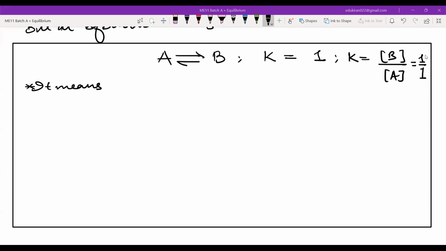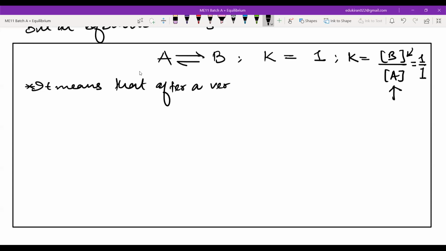Do you understand this? For each mole of A, we will have 1 mole of B. If A is 20, then B should also be 20 at equilibrium. Yes or no, guys? Yes, sir. You understand this, all of you? Hiba, Khalid, Salman? Yes, sir. It means that